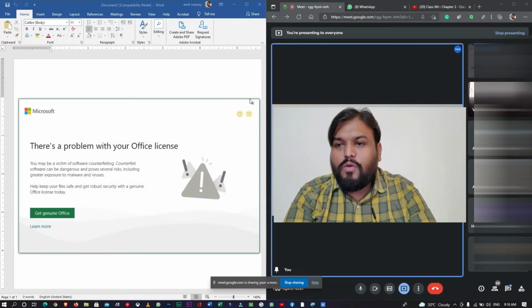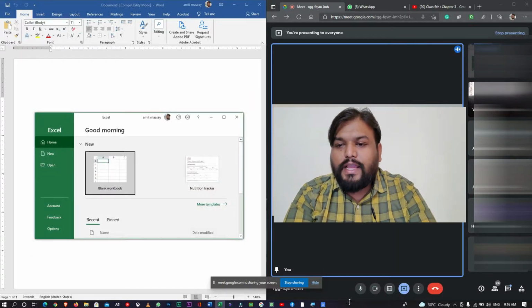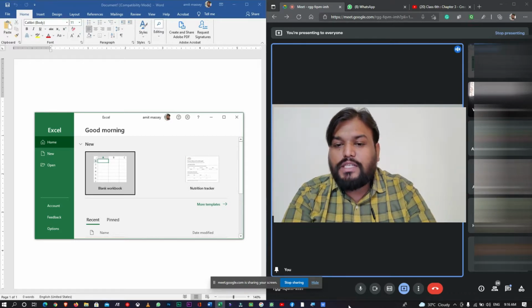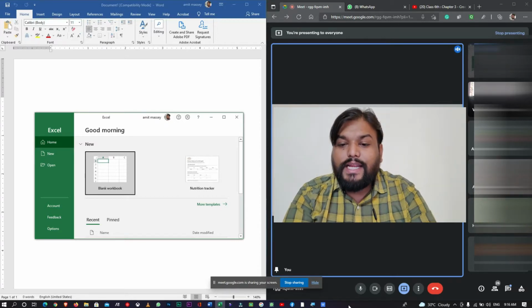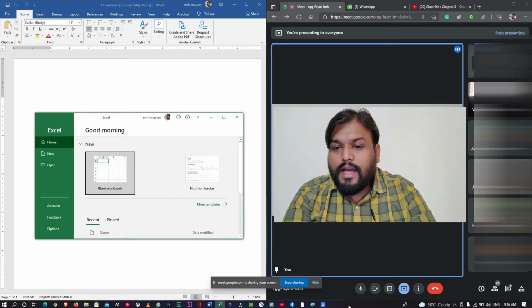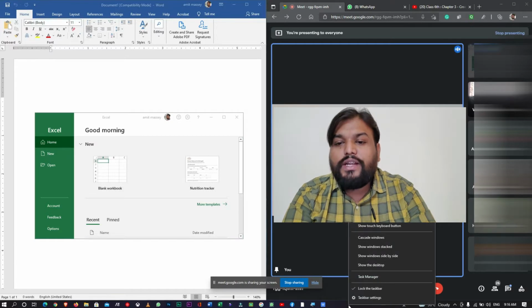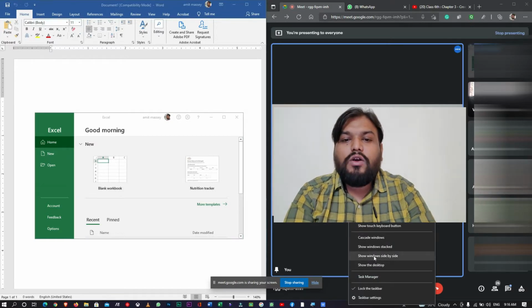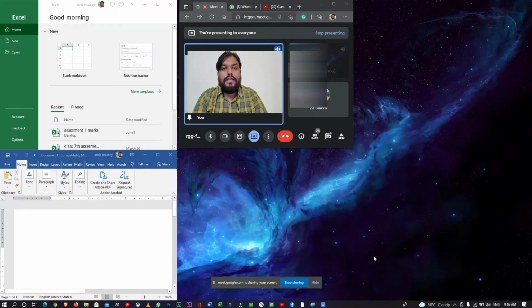See, can you see? Follow my cursor. Come to the taskbar. On the place where it is empty, nothing is there on the taskbar, right click, and then click on show windows side by side.